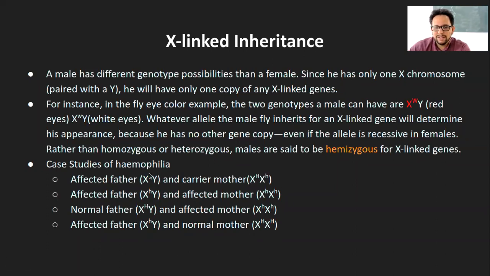X small h Y, this individual will be short because it has the recessive allele. This is again a short individual, that is a male. This will be a tall male because it has the dominant allele. This will again be a short male. This female has both. She has a heterozygous genotype, but she will always express the dominant one, that is she will be tall. In this case, both are recessive alleles, homozygous recessive. She will be short. This lady, third case, will again be short, and this will be a tall lady,